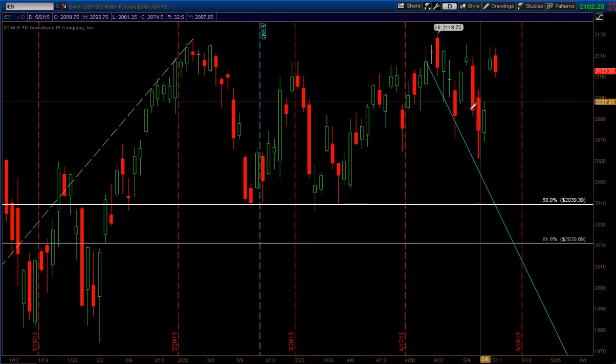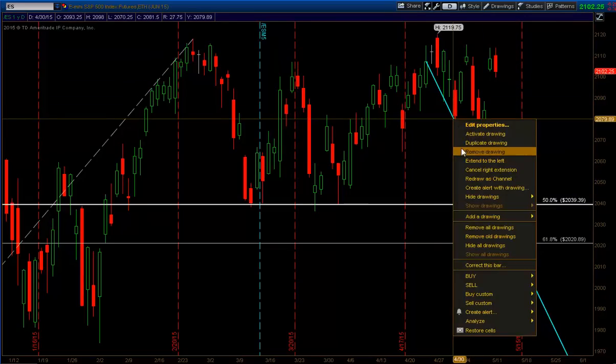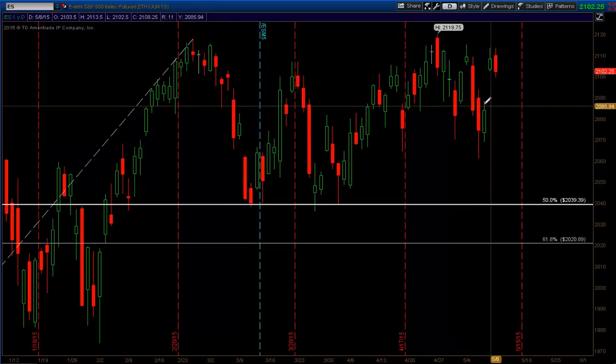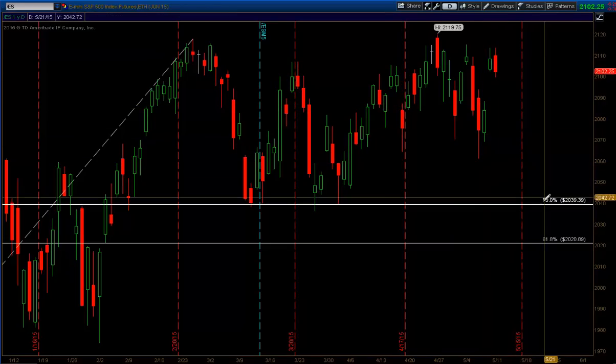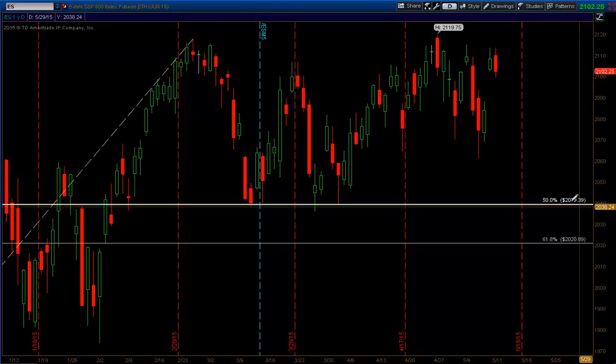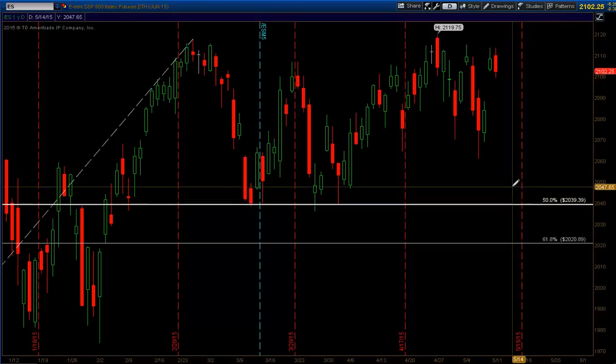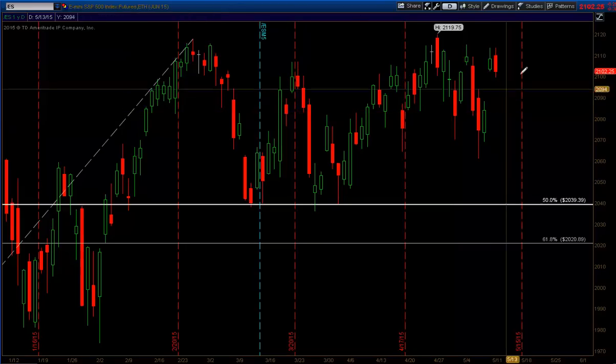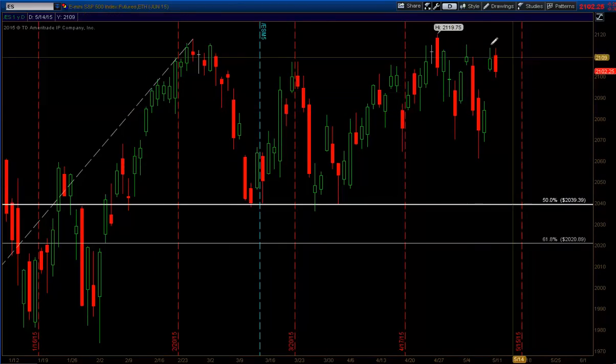What's more likely to happen, given that we have retail sales Wednesday, jobless claims on Thursday, so some economic numbers that could continue to act as a catalyst to push this market around, is the market comes down, fills this gap, and potentially trades all the way down to 2040s a third time. So while I'm not outright incredibly bearish in the longer term here, in the short term, I will be looking for a pullback